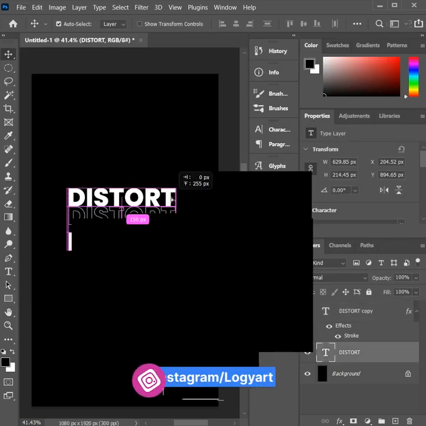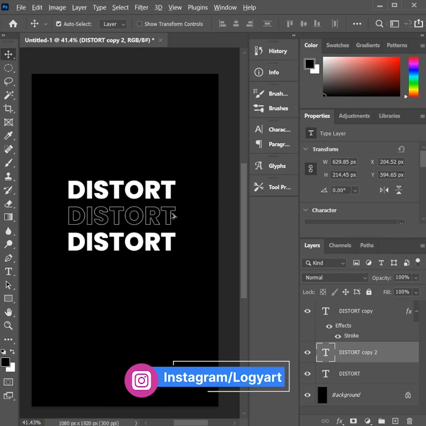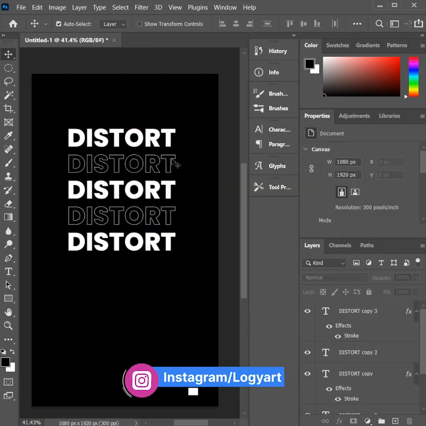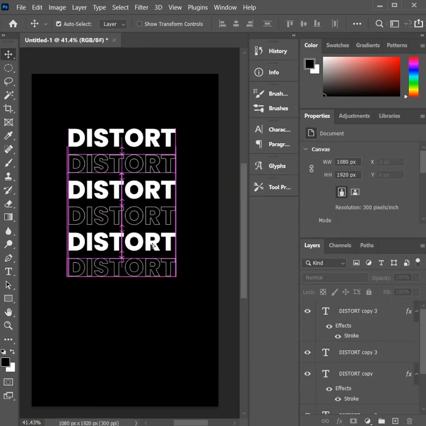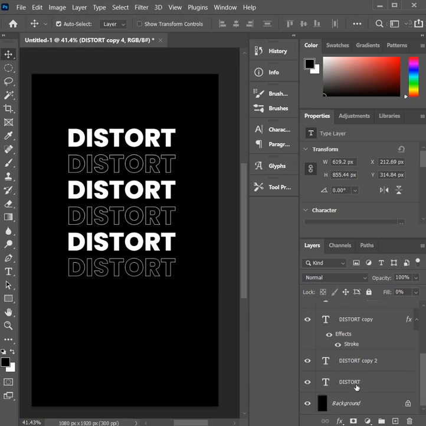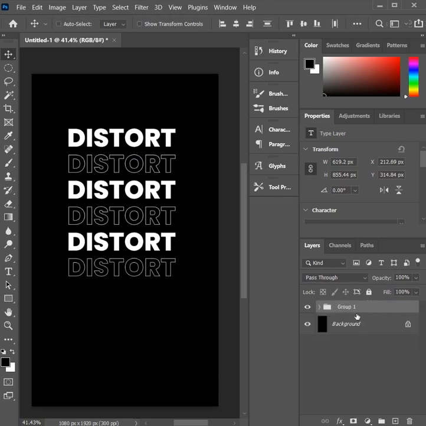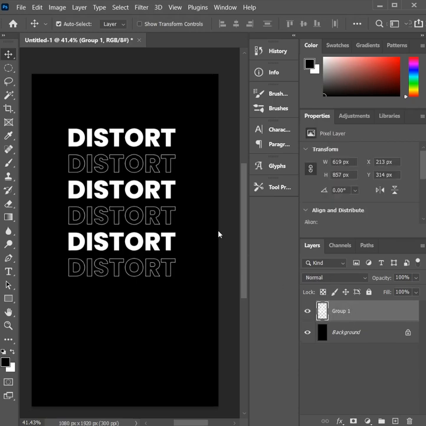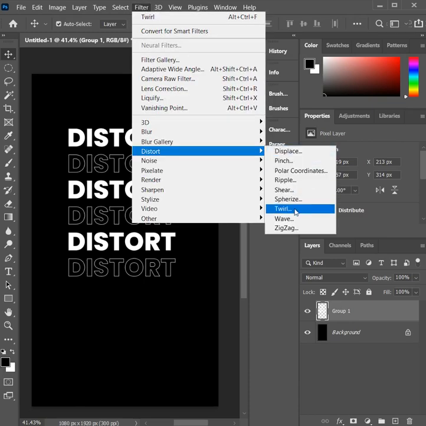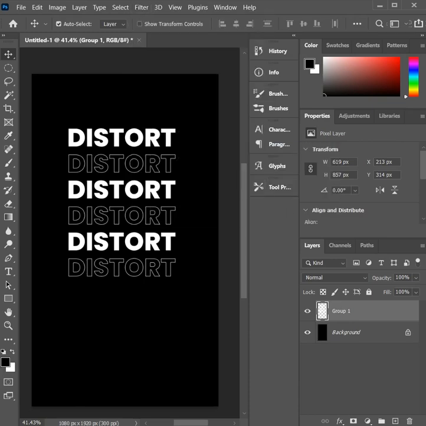Now repeat the duplicate process again and select all the text layers. Now press Ctrl G to group and then press Ctrl E. Now go to Filters, Distort and then Twirl. Adjust it according to your needs